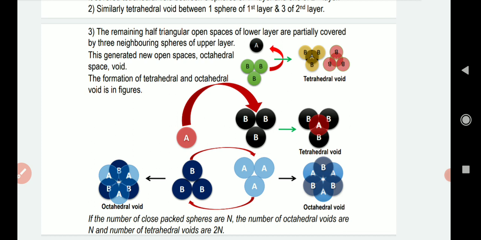When on A, B is placed in such a way that we are placing 3 spheres, the whole cavity is not covered by a single sphere, but it is covered by 3 spheres. You can get through the structures easily. Same way, see on the left hand side. On the left hand side arrow, what is done? On B, A is placed.